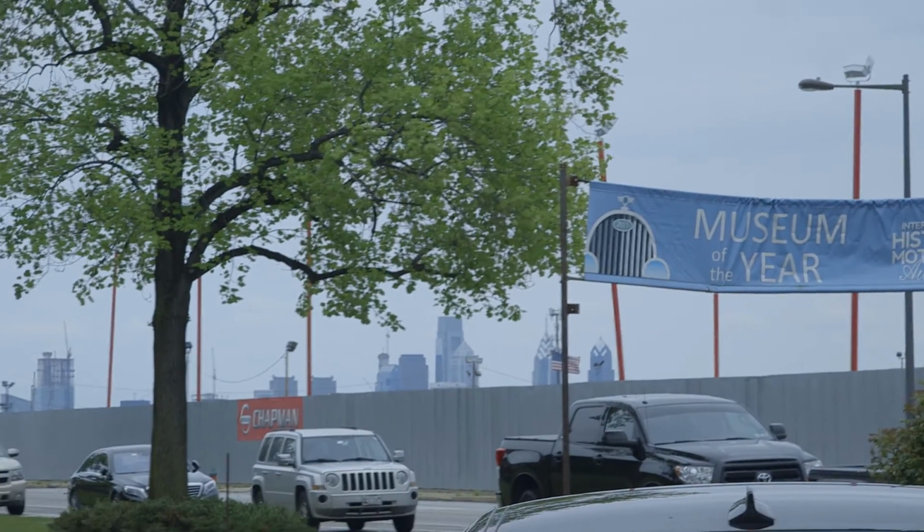I don't think the mentality in Philadelphia understands what we're trying to do here. Maybe this museum belongs in Europe, and that's where it could possibly end up. I hope that it stays in Philadelphia. It's one of the biggest gifts that's ever been given